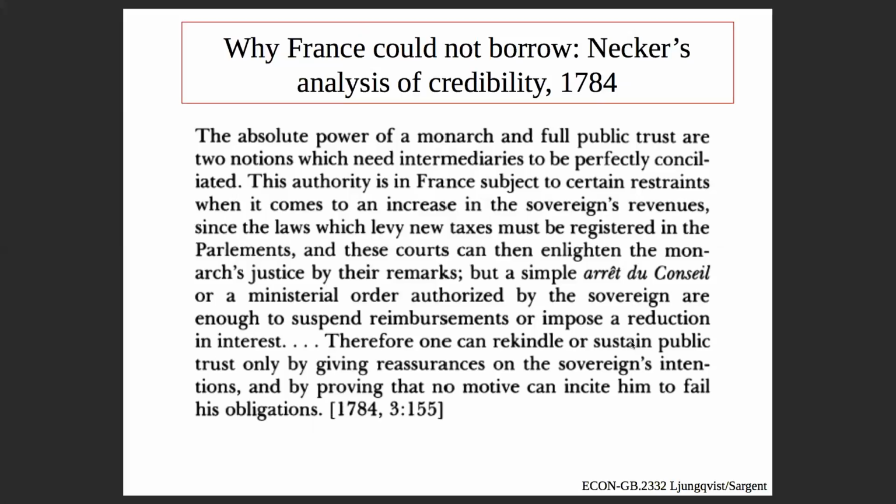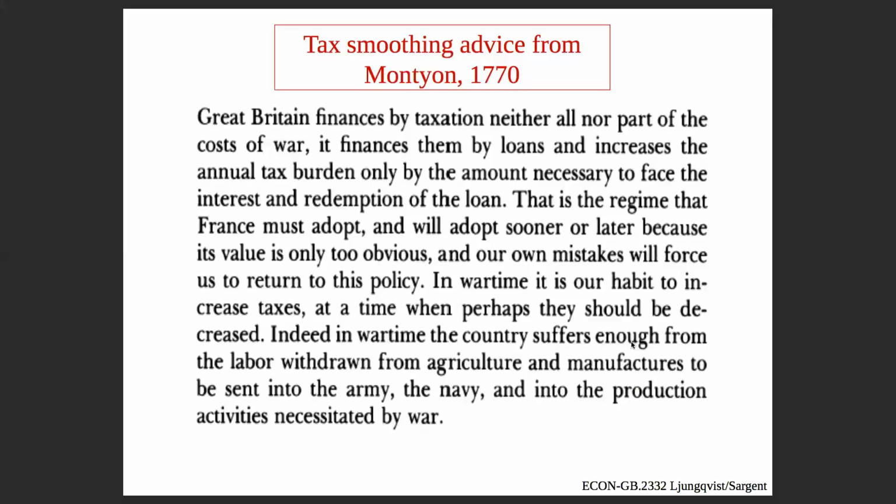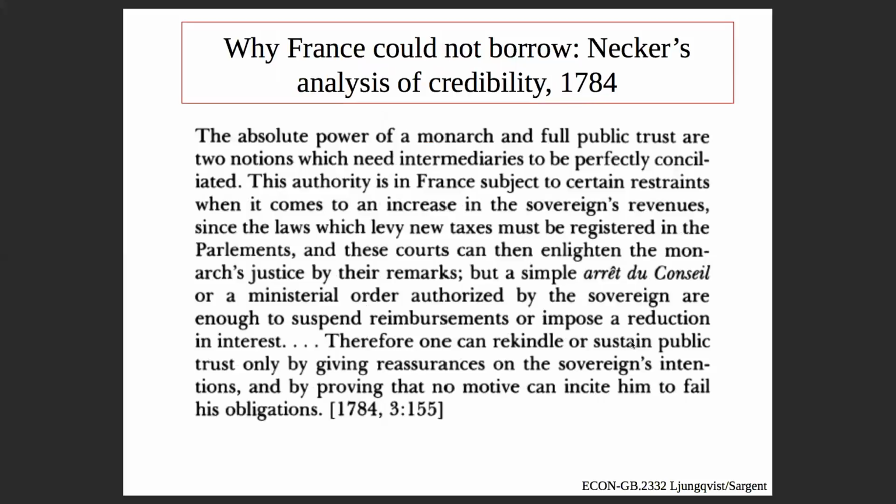The counter argument to that is, well, were they dopes? Look at this tax smoothing advice. Look at the finance minister discussing this with the king. Look at the pattern of institutional constraints. France was subject to the rule of law. They had all these contracts. They had these courts that were enforcing this. They didn't have an absolute monarch. It was constrained by a host of sources. They had a constitution that,